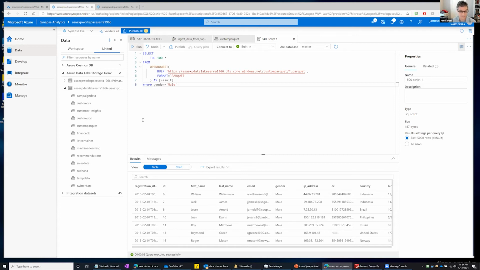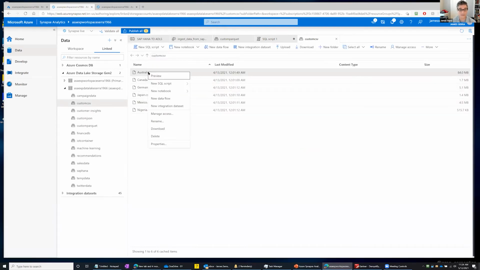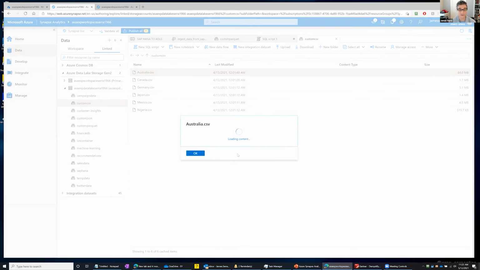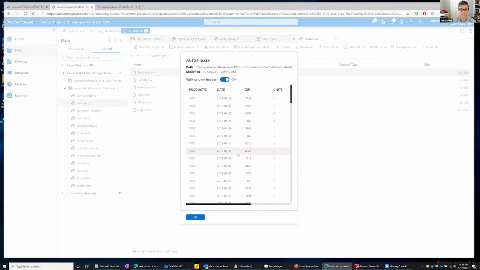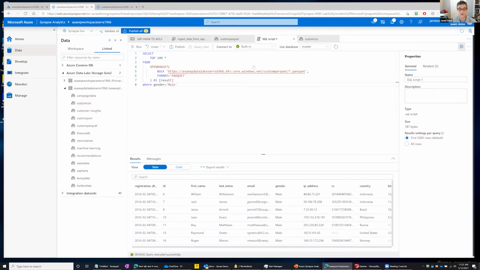I can even use some other options in here, like the preview that I mentioned briefly before. If it's a CSV file, I can right click and just hit preview, and then I automatically get what's inside of that file. So think of this as a real quick and easy way to explore data. But now I can go to the next level. I can create a SQL statement that's pulling out data on, say, those Parquet files, and I can make this into a view and save it in the serverless pool.